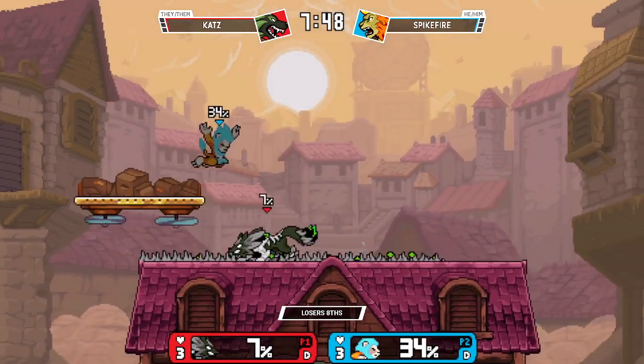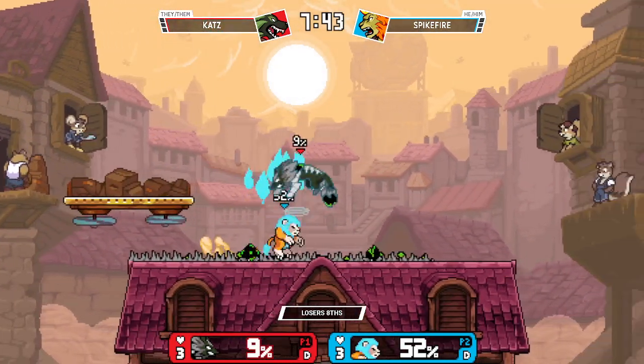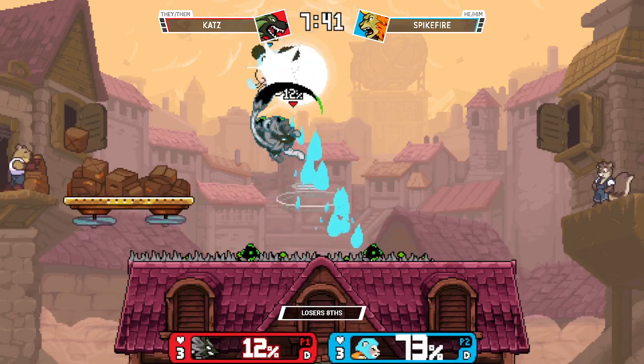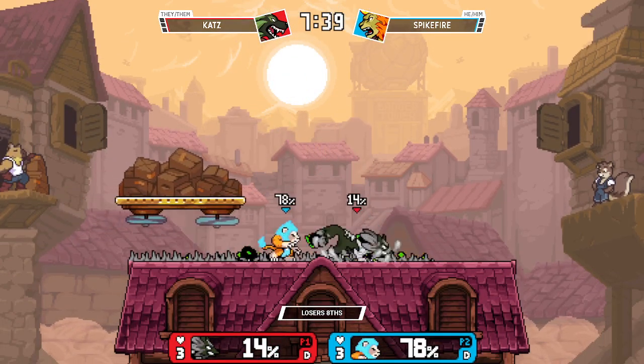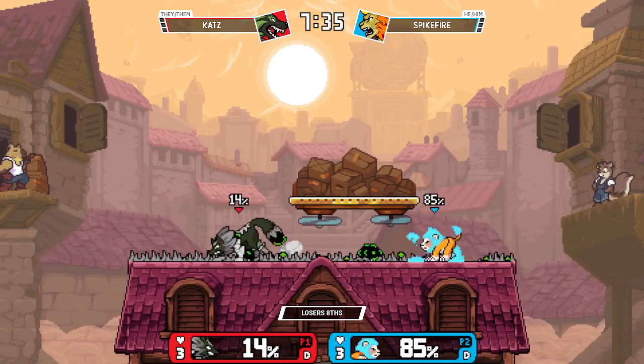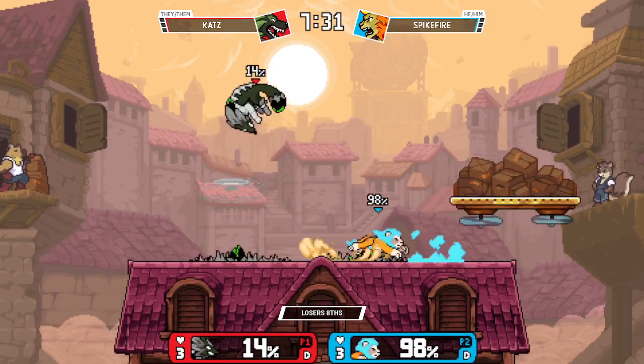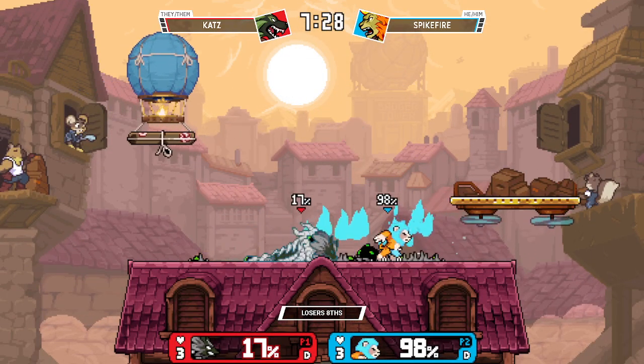There we go, and those fairs are really going to be what can frustrate a Zetterburn player, because Sylvanos fair just reaches so far in front of him, and there's not really much that Zetterburn has that can beat that out. But doesn't get the howl, but still gets the up air. So, a really dominant start from